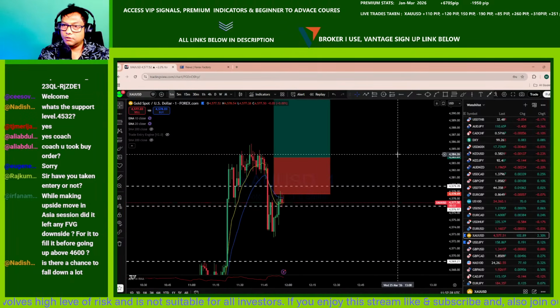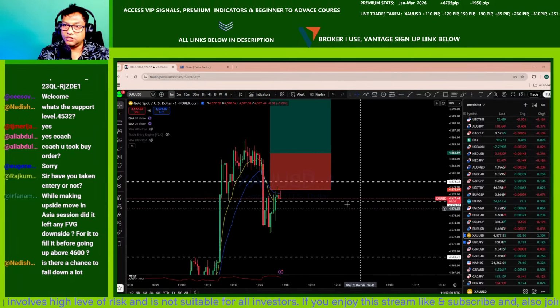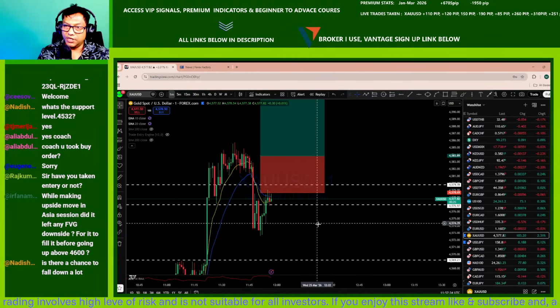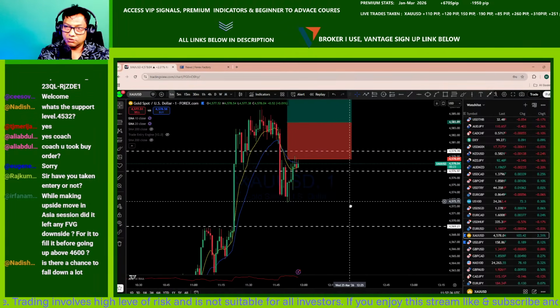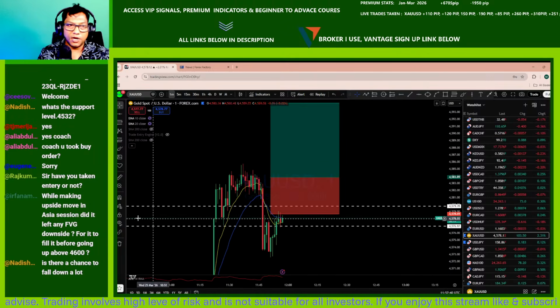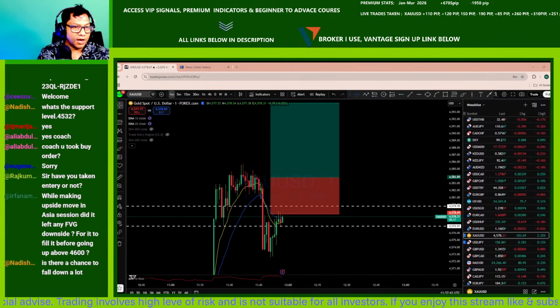And here a few long wick candlestick patterns are being created. It might try to break below. If it breaks below, then we may see a trend continuation in that direction, but I think the chances for this market to continue to rise back up is higher,